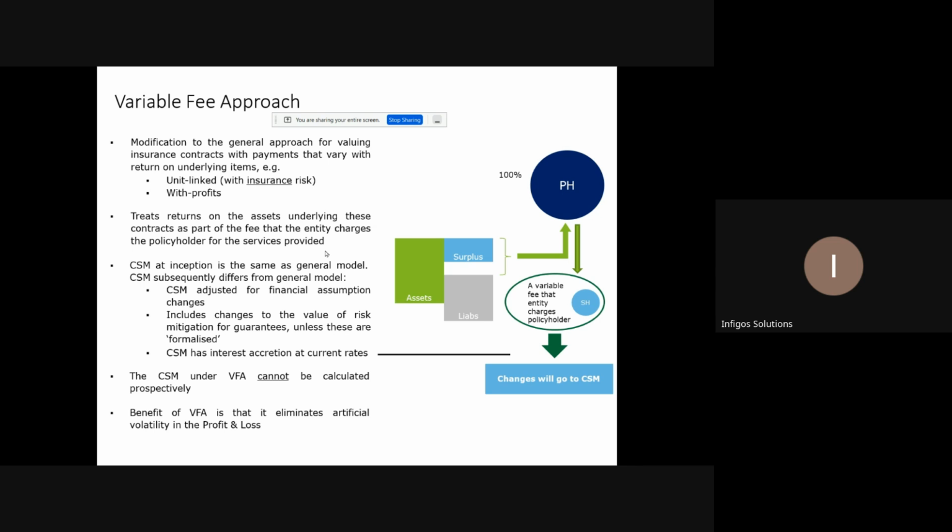I will take an insurance contract where they will tell me that I'm going to invest your money into a fund, and I will charge you a fee for that, and you will get the fair value out of the returns, which means if my commission is 5%, 95% you will get. This is what variable fee is all about. So I'm charging a variable fee to the customer, and the customer is getting the return on his investment.